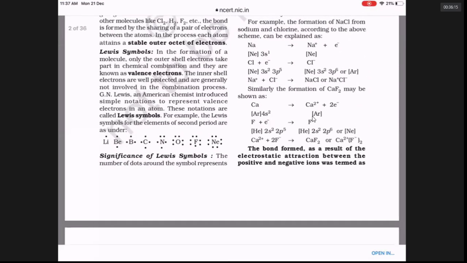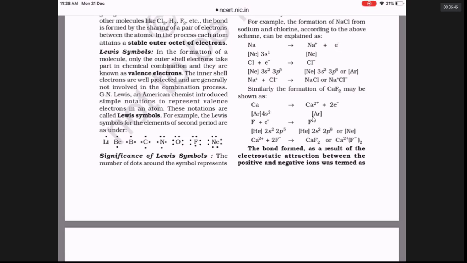If you look at cesium chloride, each cesium is surrounded by 8 Cl-, and every Cl- is surrounded by 8 Cs+. That arrangement is called a body-centered cube. So as a rule, ionic compounds are crystalline solids with a specific arrangement of ions. These electrostatic attractions give extraordinary stability. The energy released due to attraction between opposite ions is called lattice energy.